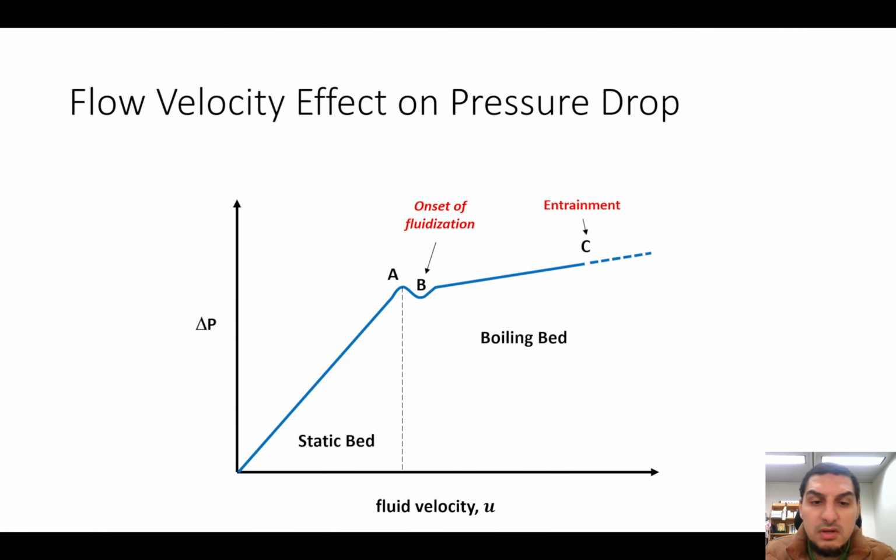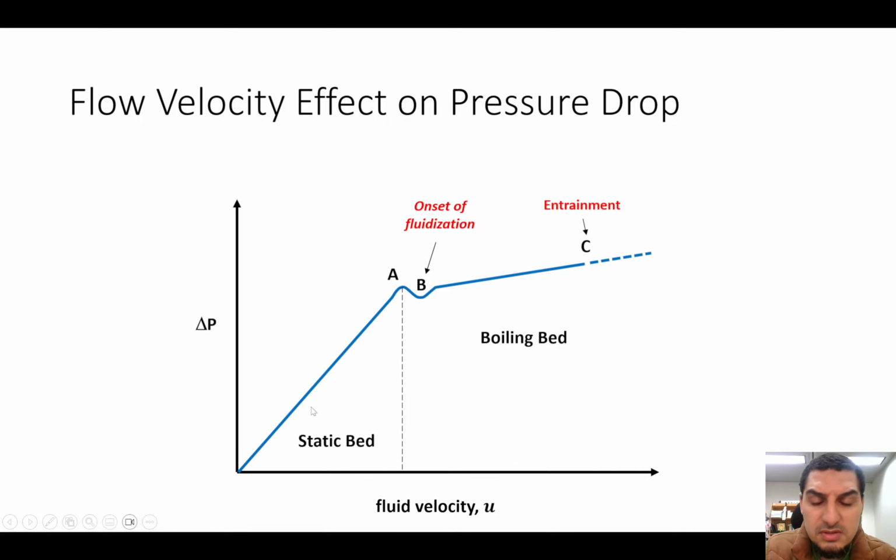Okay, so now we are going to discuss how the fluidization of the bed, or the velocity of the flow, affects the properties of the bed, mainly the pressure drop and the porosity. So for this first graph that we see here, it's a relation between the fluid velocity and the pressure drop. And you see here this dotted line splits the graph into two regions, the static bed